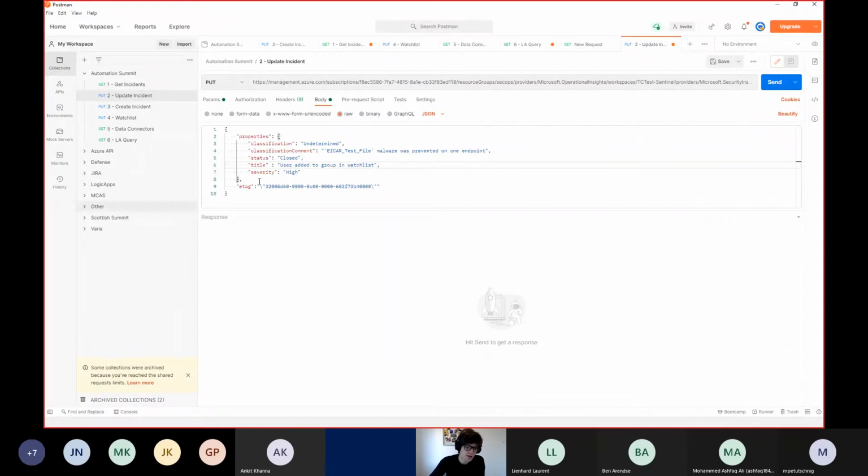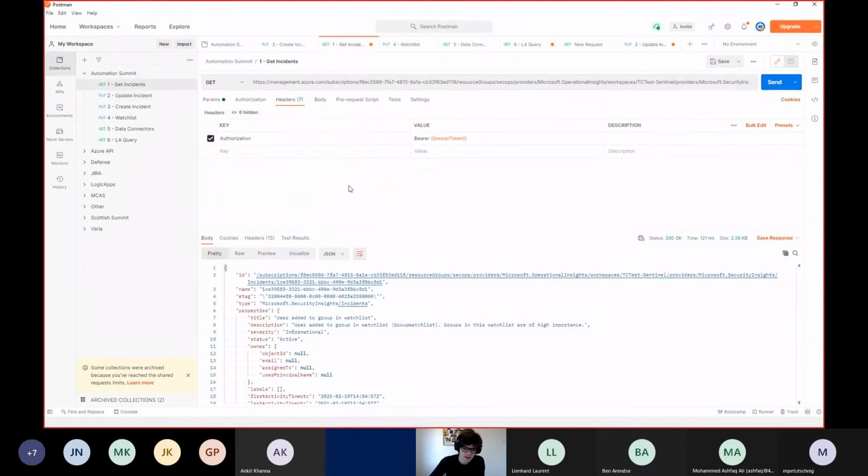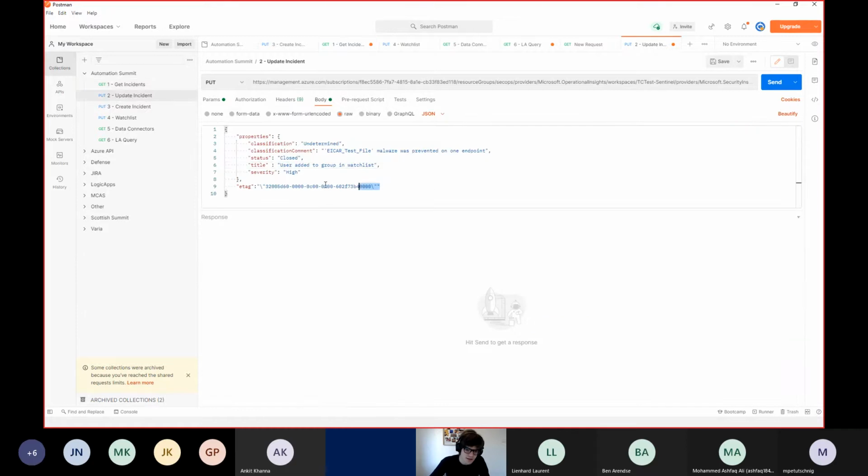So for that, when you want to update an incident, you always have to go to a GET incident. You have to retrieve the current version of that incident. So this is the current ETag. And then you have to provide that ETag inside of your query to update that specific incident. So if we click send here right now,